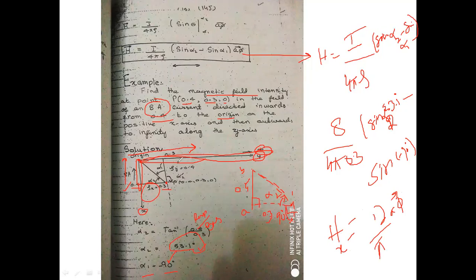Now in the second portion, when we find the H, we will call it Hy, then we will add these two because we want the net H. So H will be equal to Hx plus Hy. So in the second portion of the lecture, we will find the Hy and then we will add these two. Okay. That is the end of the first portion of the lecture. Thank you.